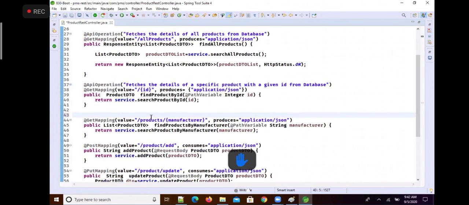And this is by manufacturer. Like that, we can add the documentation for each and every endpoint with ApiOperation.